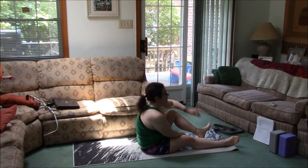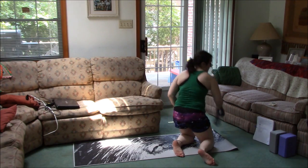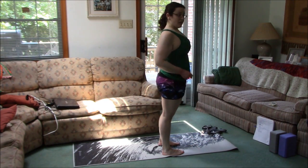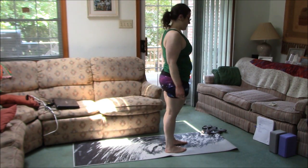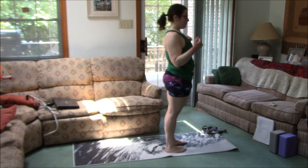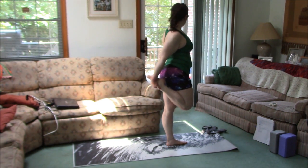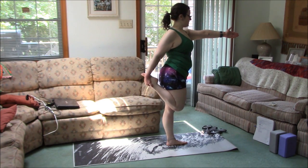Okay. And back up to standing, but then we're gonna be down on the ground for a while. So we're gonna do Lord of the Dance. So I'm going to try the overhead grip as I've been doing, but you can just practice here. Grab the right foot with the right hand, left hand goes out straight,